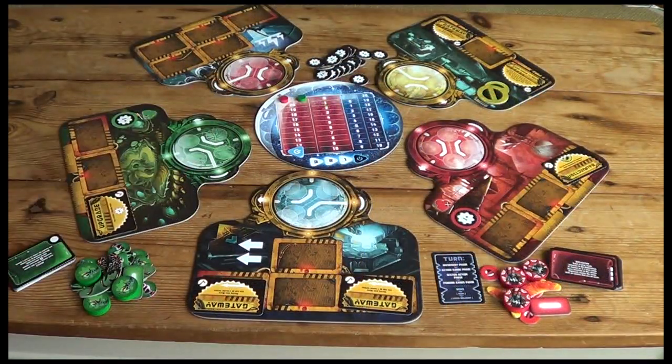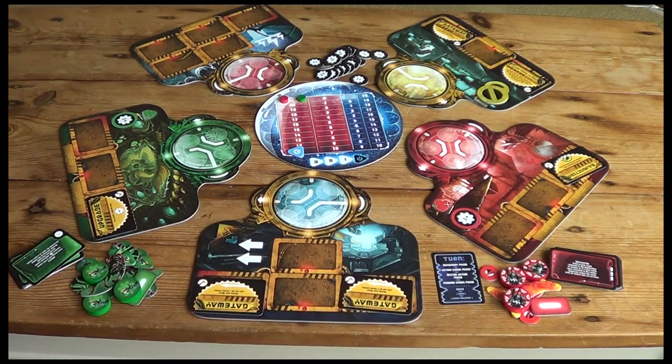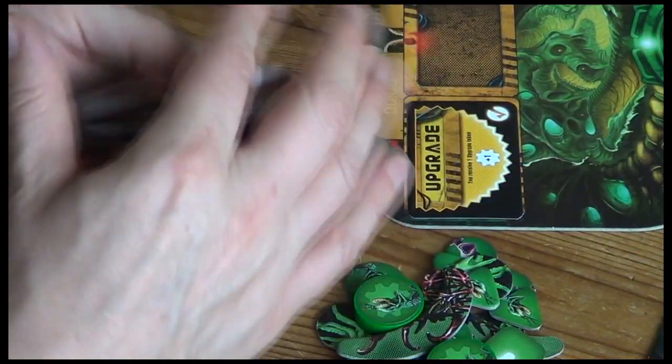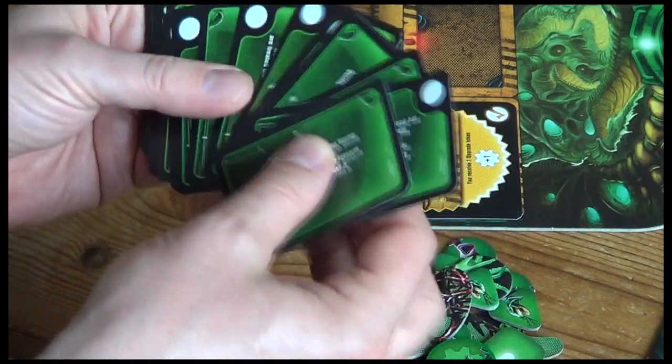Let's go back to the box. And also, we don't need a full complement of faction cards. We only need 15. So we've got a bigger stack, and normally, again, you just shuffle them and then draw 15 to form a player deck. Now, if you're starting out,